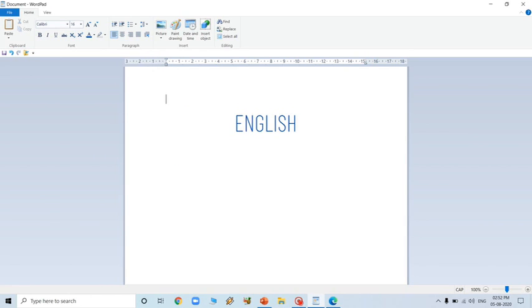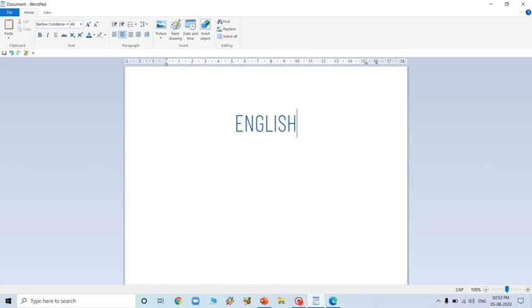This is called the ruler option. You can change the size of the page, or the area in which you are going to do your writing, from here by using this ruler option. Next, this is the blank sheet wherein you can complete your writing work. And this blinking object is nothing but a cursor. You can see here the cursor is there.